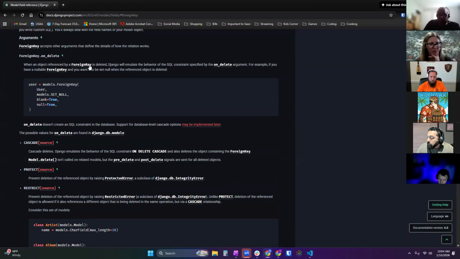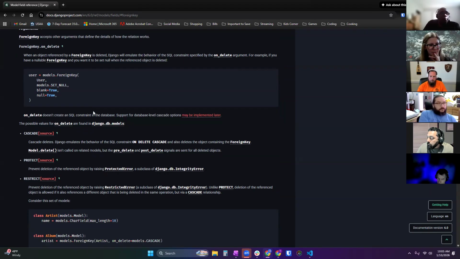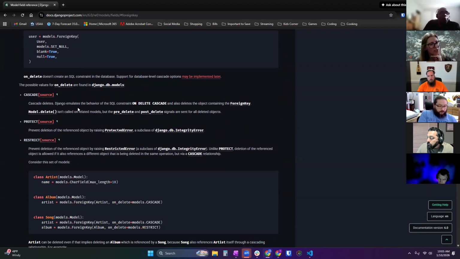So when an object referenced by that foreign key is deleted, Django will want this on delete argument. Okay, so cascade, much like you have in SQL: if you delete the item that's being referenced, cascade will delete every entry that references it.